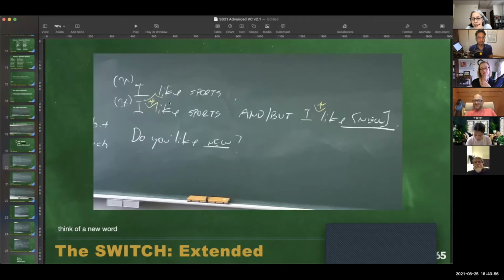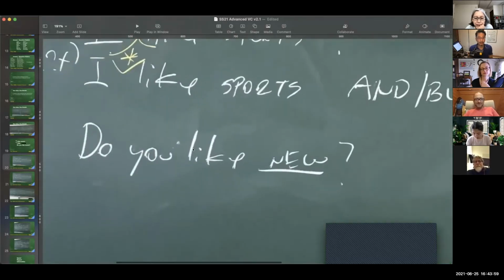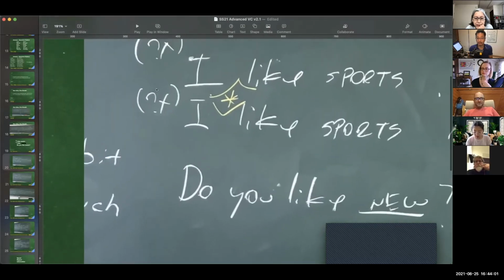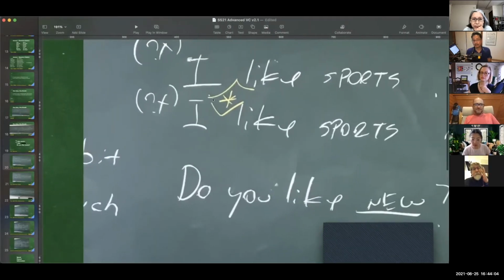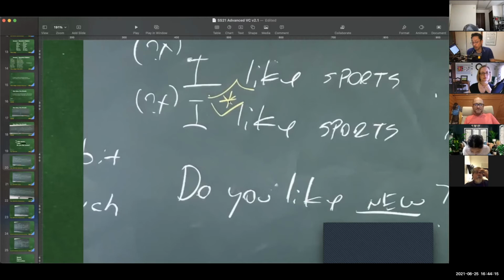So basically the exercise would look more like this, okay? Don't worry about the "and"s and "but"s, okay? So that asterisk is where you would put in the "don't", if it is something that you feel is the truth. If you don't like sports, and even the word that you came up with, the new word, is something that for some reason you don't like, but it was the first word that you came up with, then you say, I don't like sports. I don't like pineapple pizza. Do you like pineapple pizza? And then you'll find out your partner likes pineapple pizza because they're telling the truth.